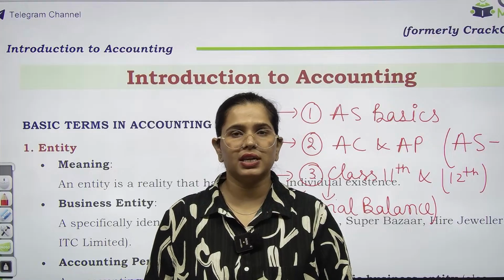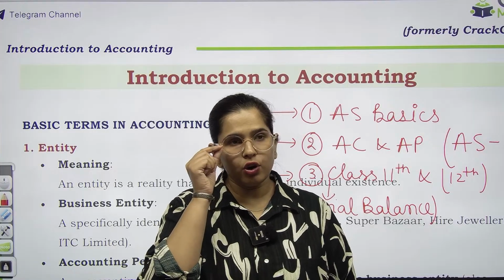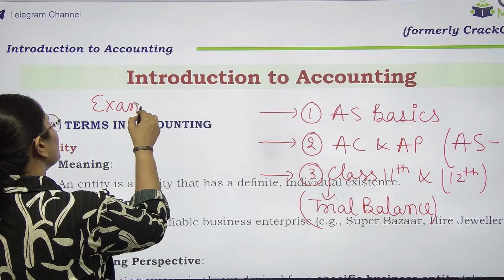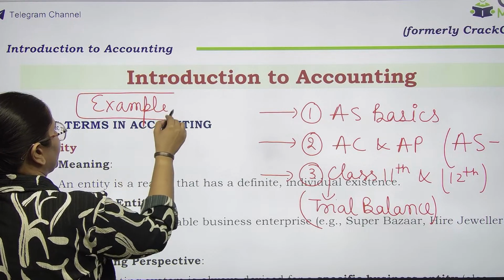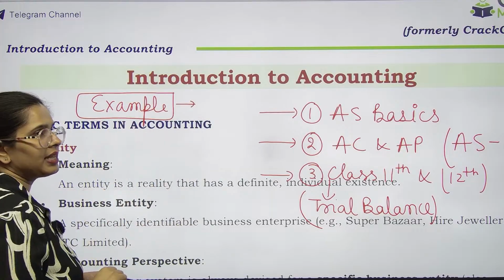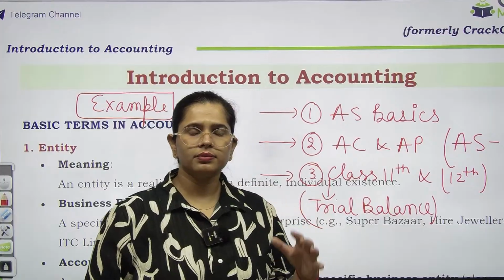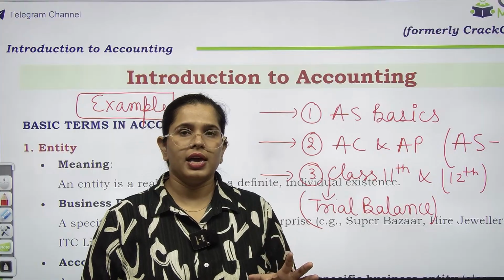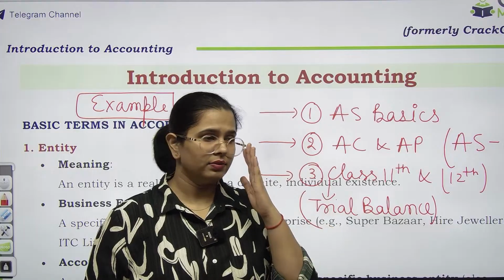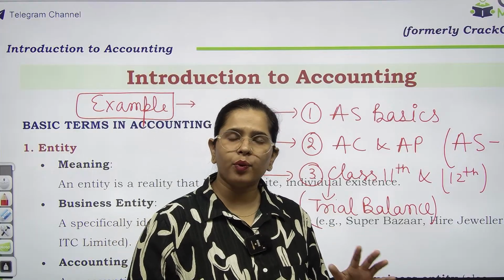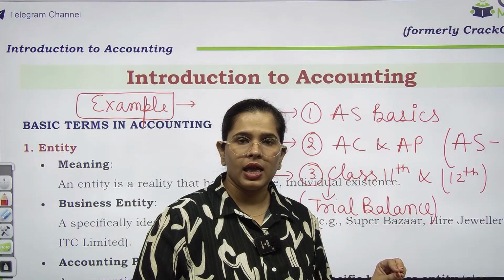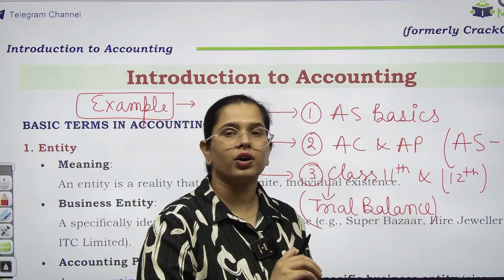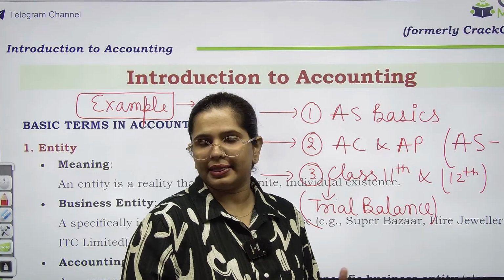और जब हम APFC या EO के एग्जाम के बारे में बात करते हैं, so they focus on the basics. For example, उन्होंने कोई आपको एक एग्जाम्पल पिक कर लिया, right? अकाउंटेंसी की बुक से उन्होंने कोई एग्जाम्पल पिक कर लिया, and now with the help of that example they are asking you a question, right? एग्जाम्पल बेस्ड क्वेश्चन भी पूछे जाते हैं. The question level is not tough, it is simple, conceptual, basic level. जैसे कि मान लो आपको बोल दिया कि प्रोविजन फॉर डाउटफुल डेट कितना आएगा, now in order to calculate provision for doubtful debt, you need to have a knowledge of ledger, कि ledger में कैसे flow कर रहा है, debit credit कहाँ पे position किया हुआ है,